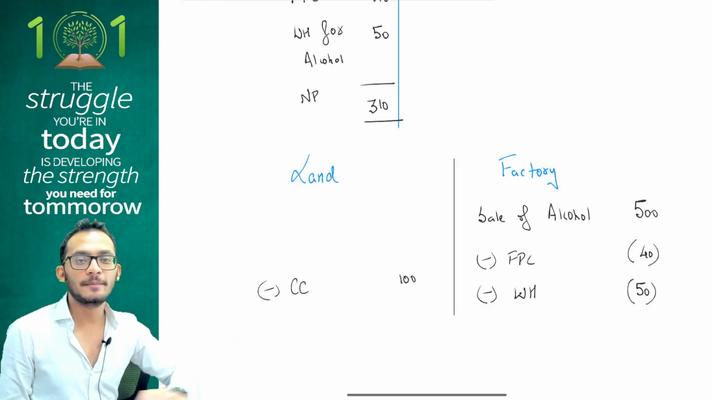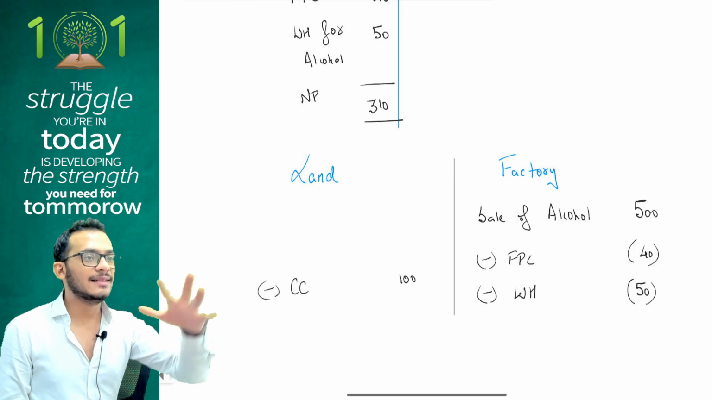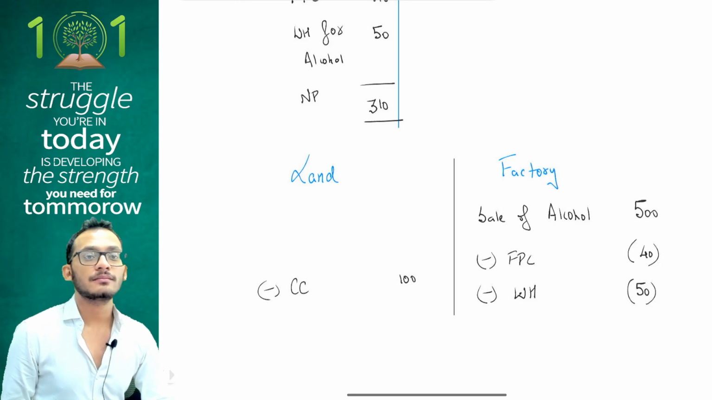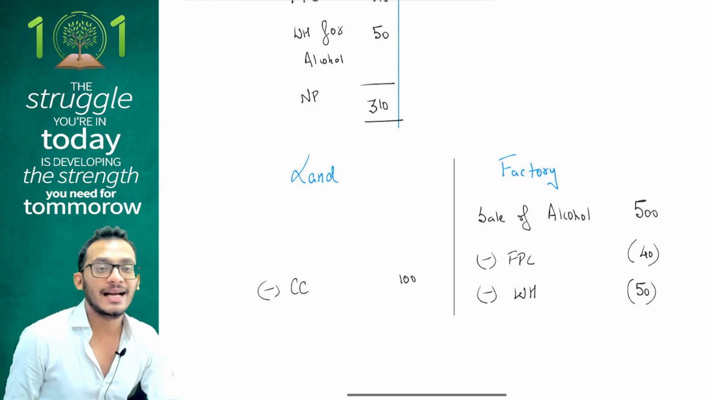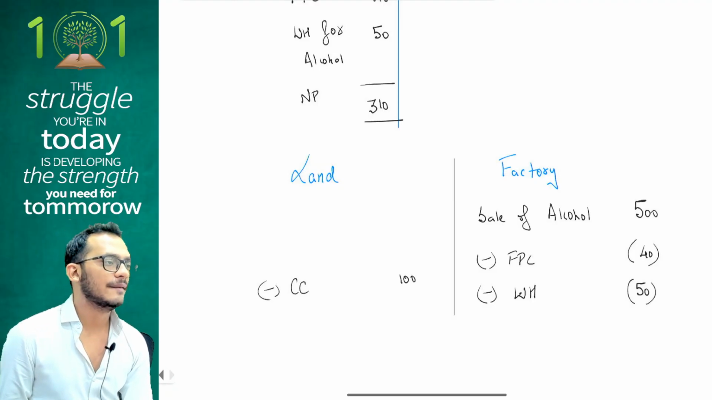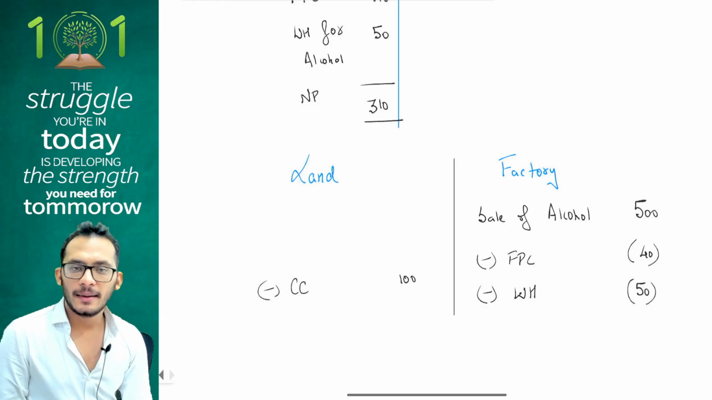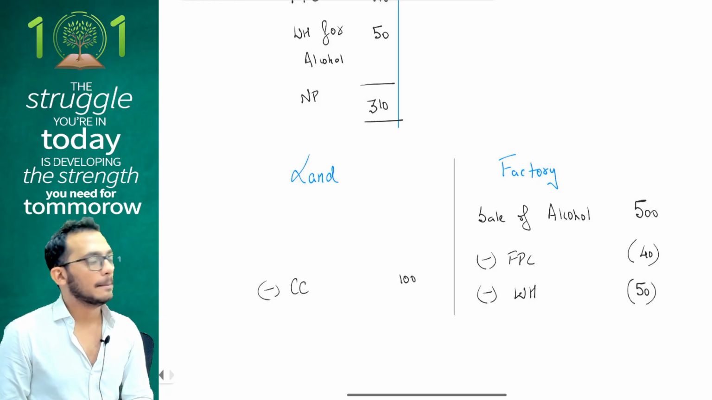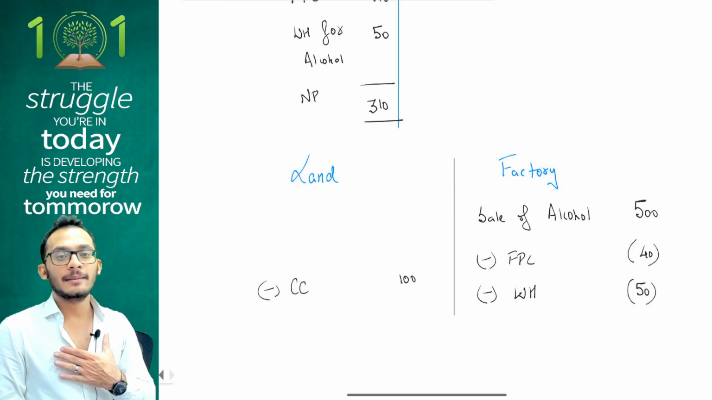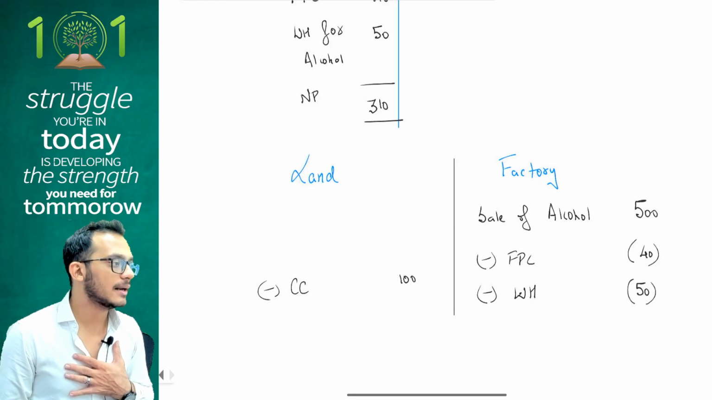We created two separate P&Ls. According to me, land is a separate guy and factory is a separate guy. What will land do? Land will sell this sugarcane in the market. Factory will purchase the sugarcane from the market. Correct, not correct? People, I am the land going to the market, selling it at